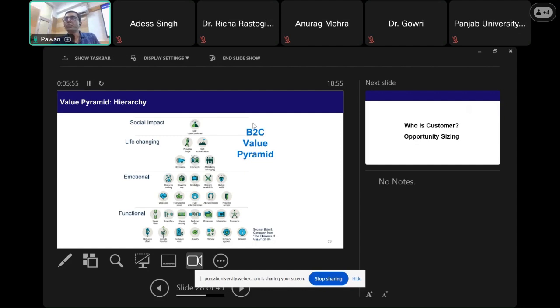People will be ready to pay more for social impact. If you promise somebody that you'll manage their online reputation, or make them very charismatic, or manage their personality, or manage their relationships and networking, you can charge them much more. Similarly, life changing.